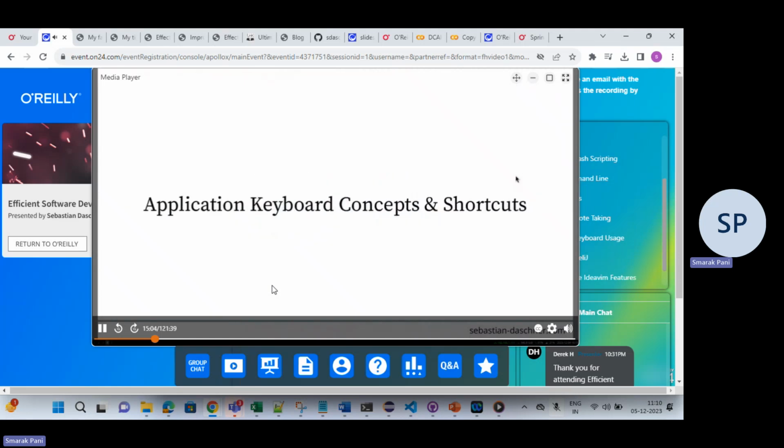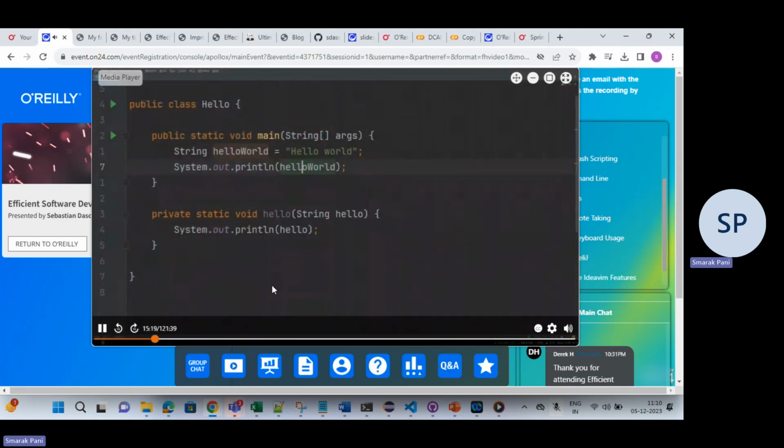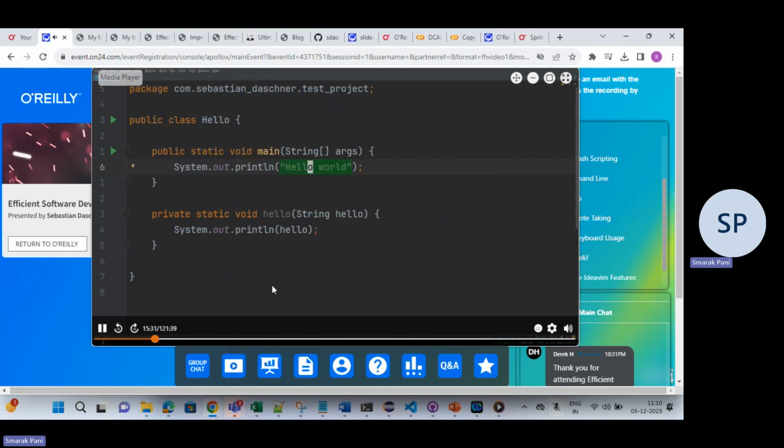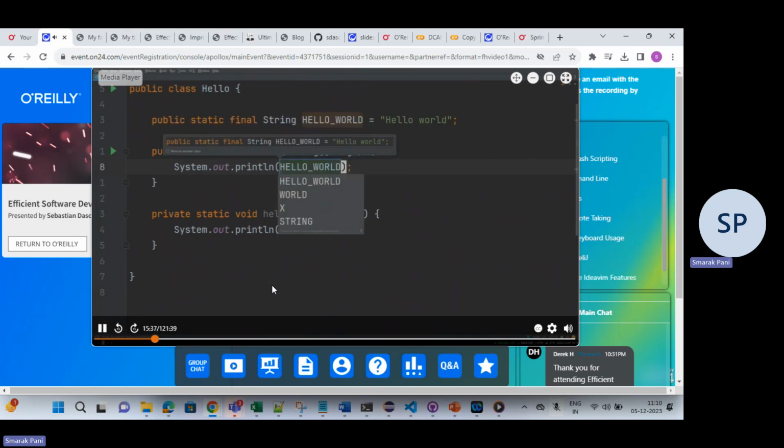And now if we talk about keyboard concepts, I like this term because an application that is well thought out in this regard really has a concept of how it is supposed to be used. And you notice that when you use this IDE, for example: I did the extract variable where the shortcut was V, including Control Alt V. Or if I say I would like to extract a parameter, Control Alt P, or I extract a constant, Control Alt C, right? So you get the mnemonic patterns here.